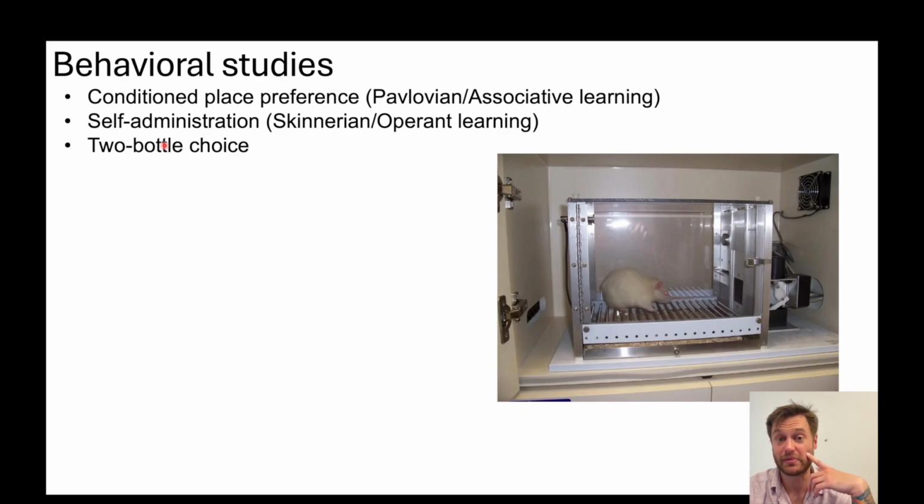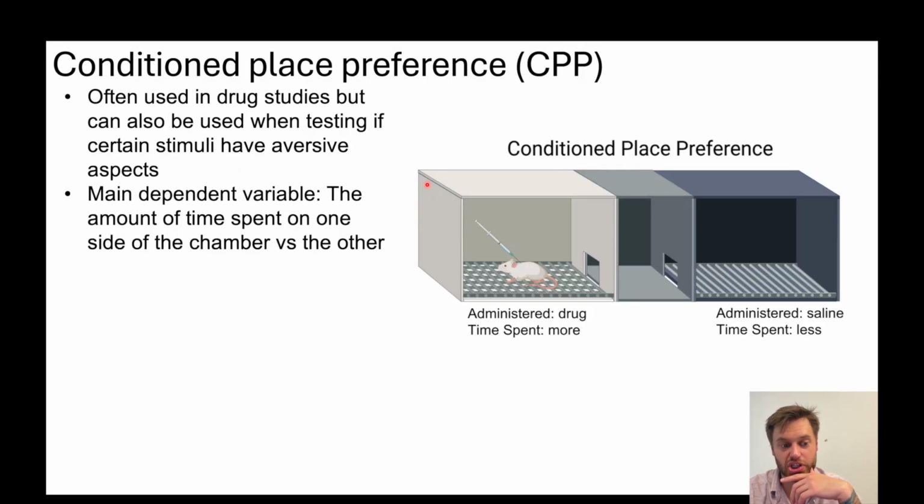So it can be a nightmare because your experiments will take forever. I mean, if it takes 6 months to teach the animal how to do the thing, then you're going to be sitting there for a very long time trying to generate data. So the 3 that you need to know are condition place preference, also called CPP, self-administration, and a 2-ball choice test. So the first one, condition place preference, is used in drug studies, but it can also be used when